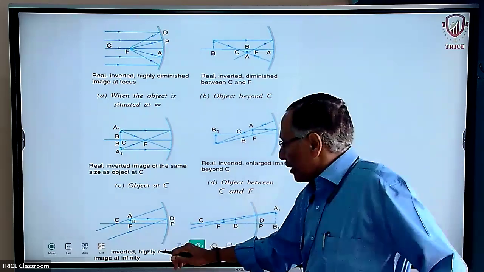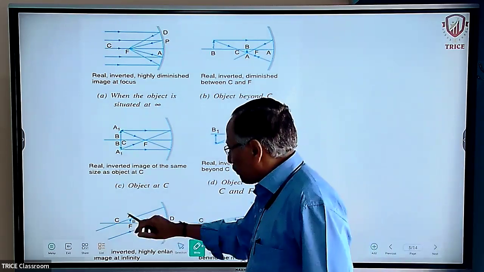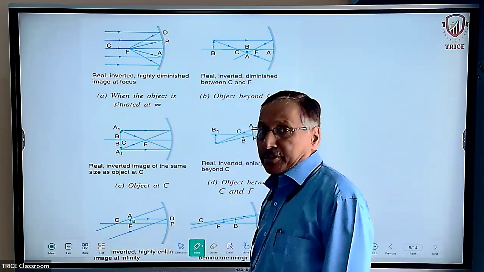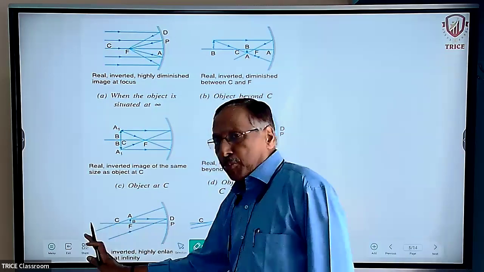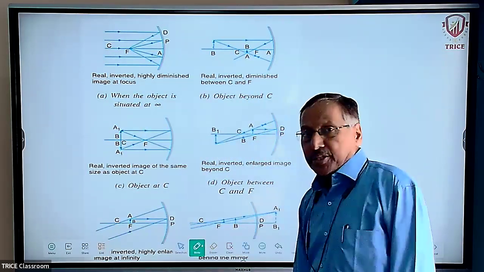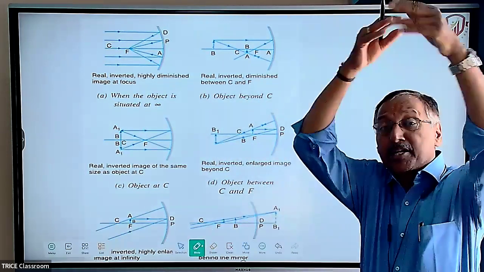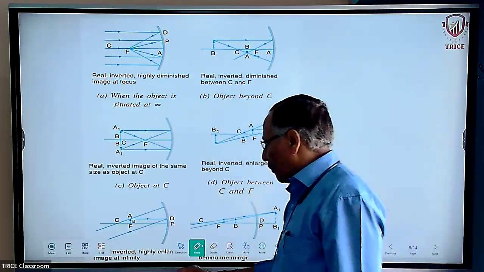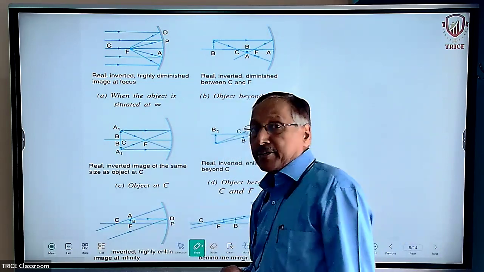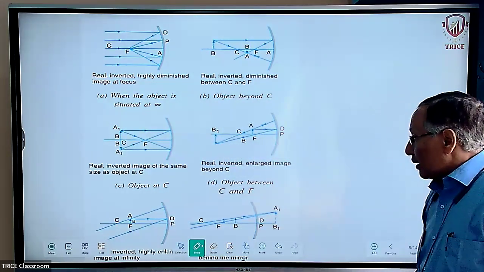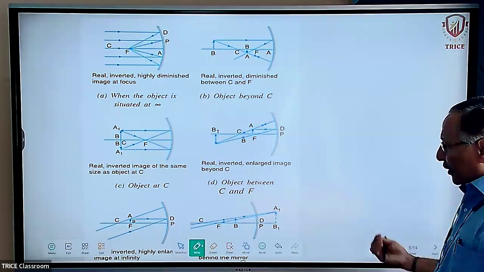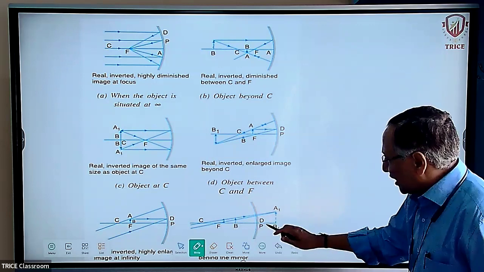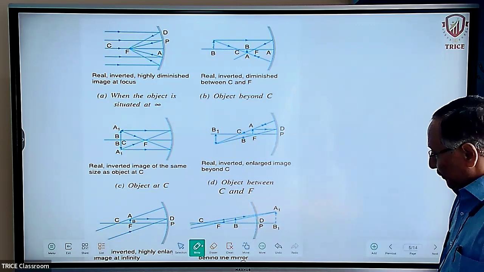Now here, you see, when the object is placed at the principal focus, all the light rays after reflection travel almost parallel to each other and meet at a point somewhere at infinity. Somewhere at infinity. And the image formed may be real, inverted. Now, as you move forward, if you keep the object between principal focus and the pole of the mirror,